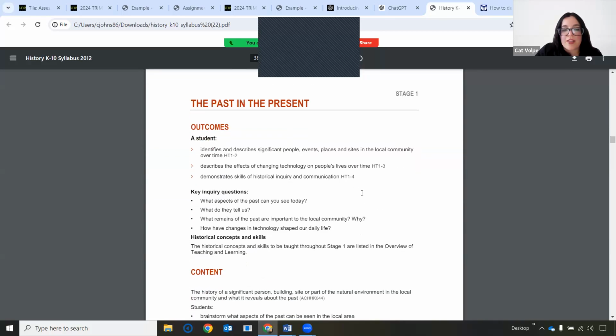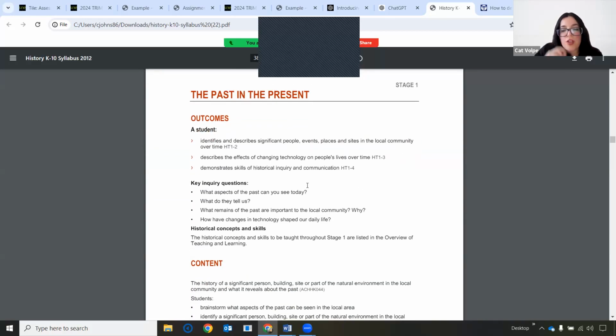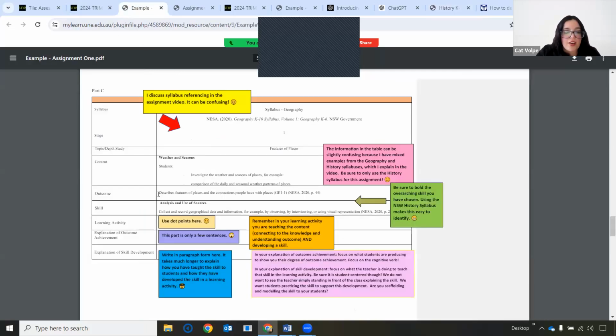All right, the past and the present. So for this one, we know that 1-4 is not an option. So I would choose which one of these is most relevant to the content that I want to teach. So it'd probably be this one, 1-2. So putting that here, again, this one's for geography, but you would put that here and you would provide